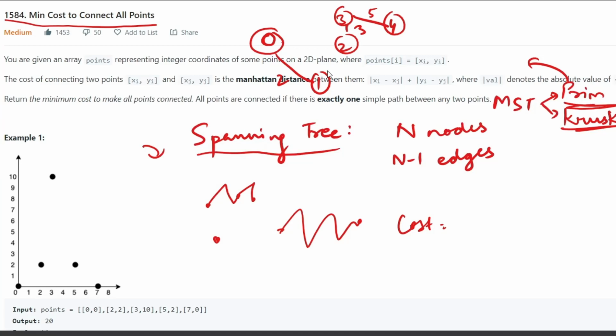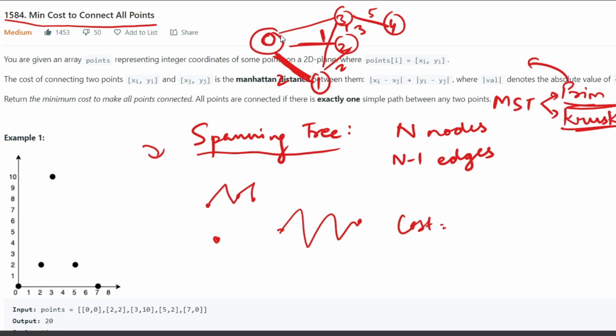And 1 is connected to 3 and 1 is connected to 2, and this is 2 and this is 1. So I will not remove anything actually, I will just mark it as connected.